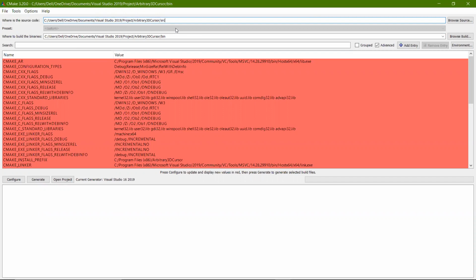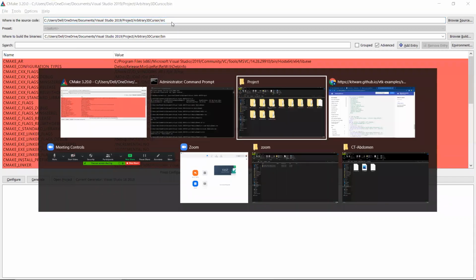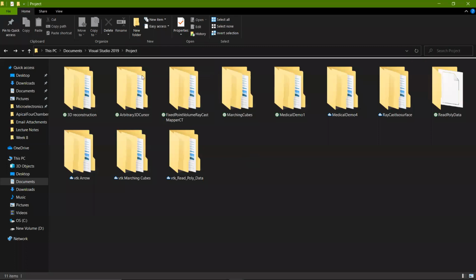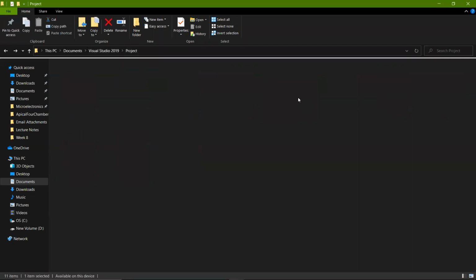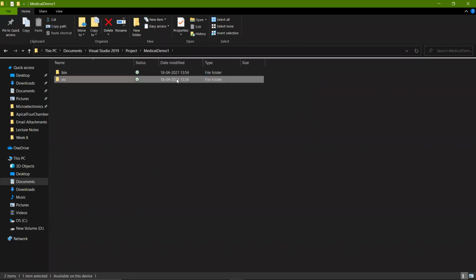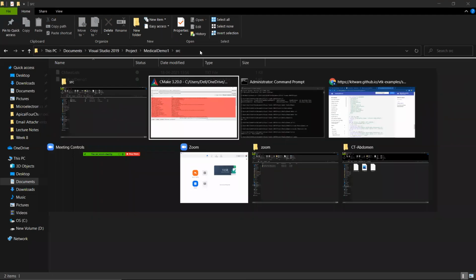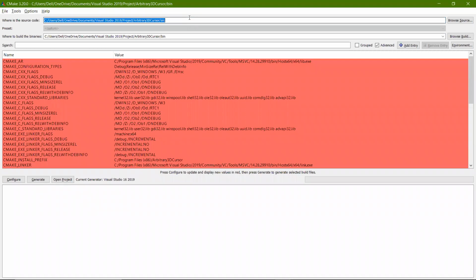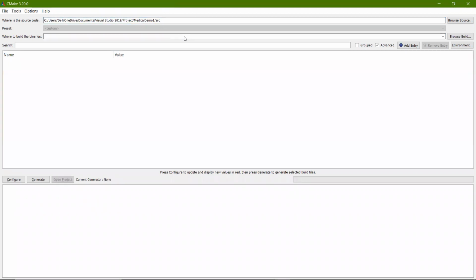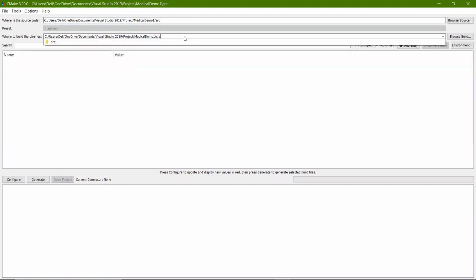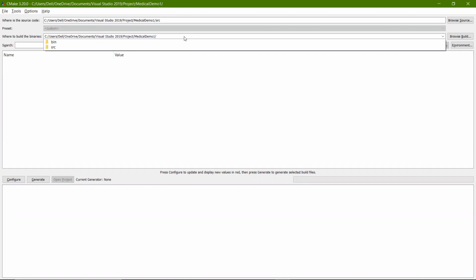We need to specify the location of the source folder, which is inside our project directory. Just Control C and paste it. And we need to specify the path where we wish to build our binaries, that is our bin folder.